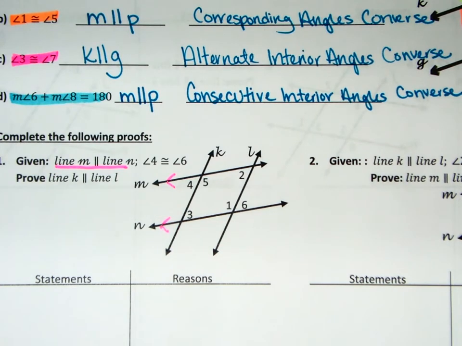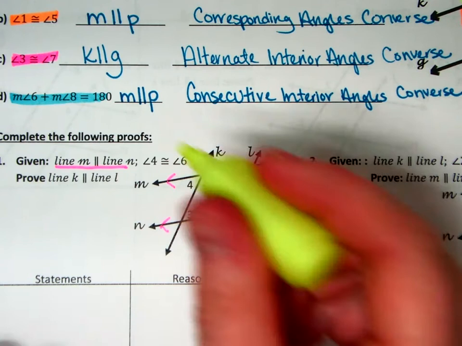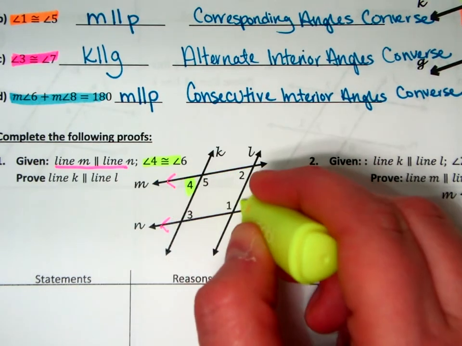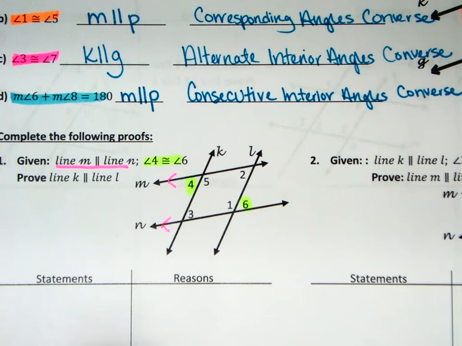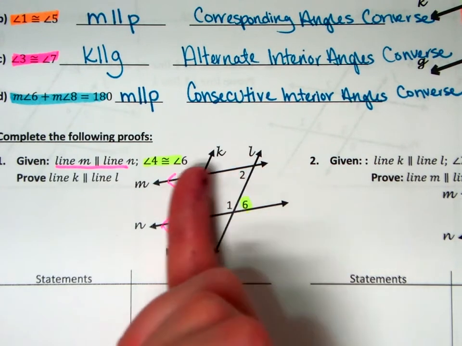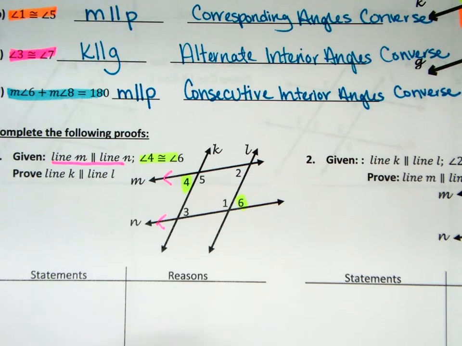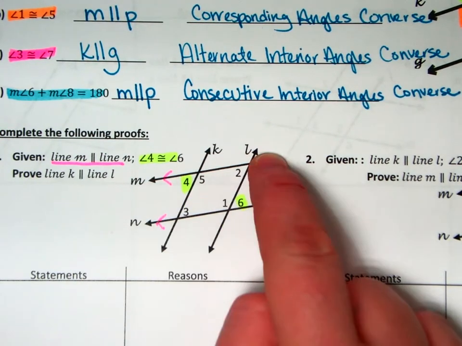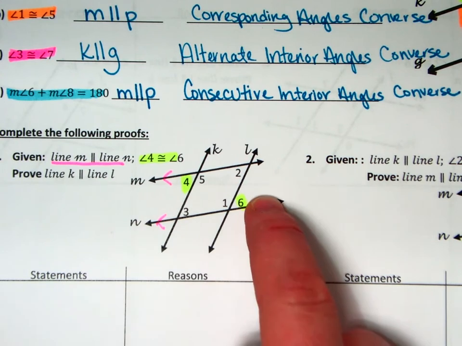4 and 6 are congruent. So I'm going to do some highlighting here just so I don't lose what I'm doing. 4 and 6 are congruent. And I need to prove that lines K and L are parallel. In order to do that, I need to get a set of angles on transversal M or transversal N